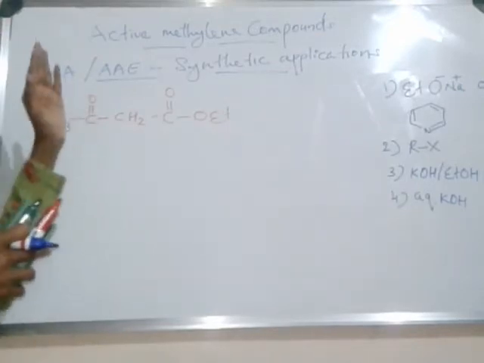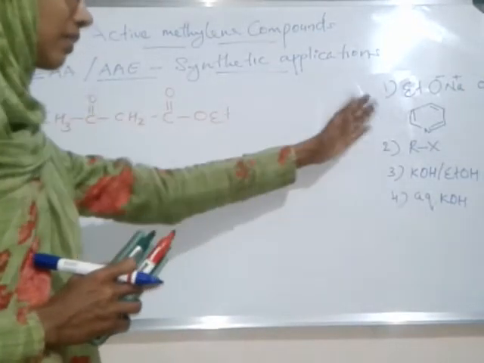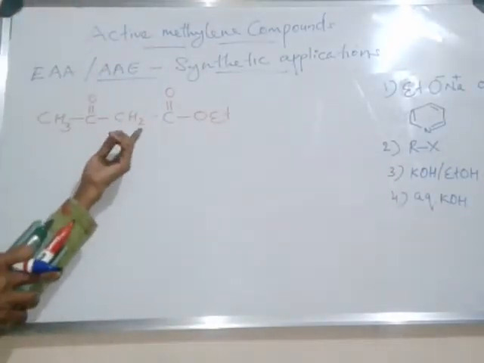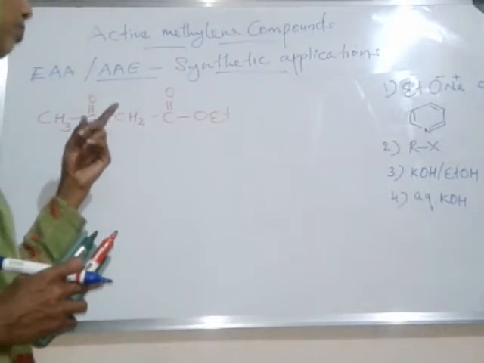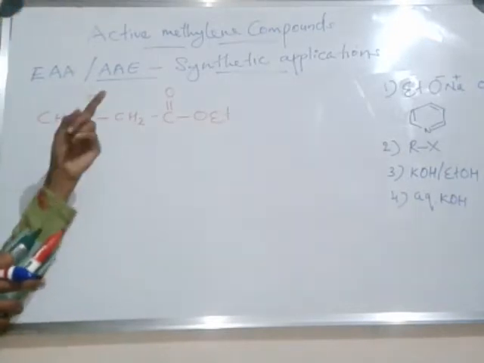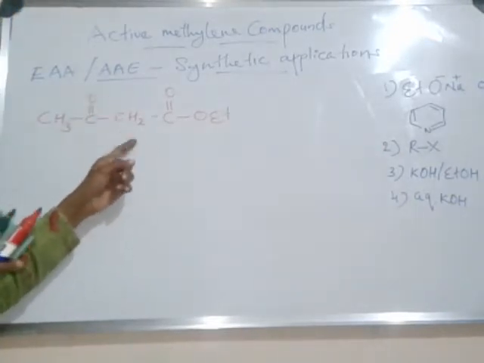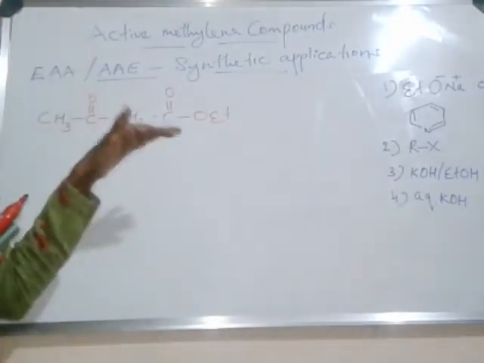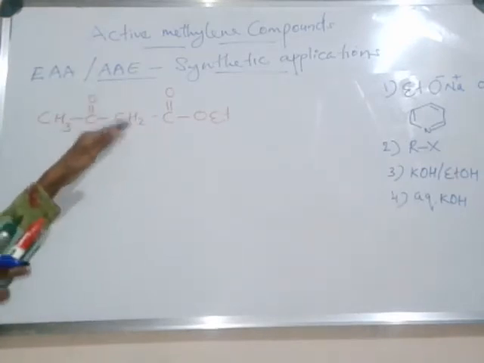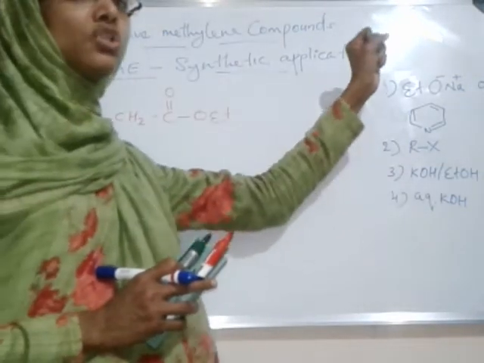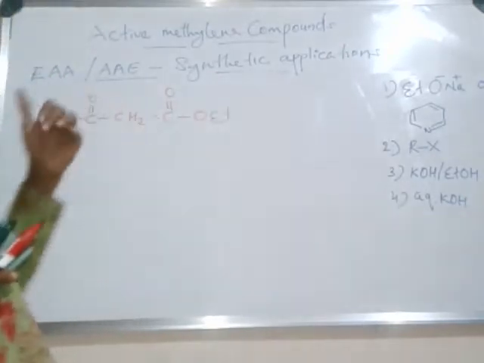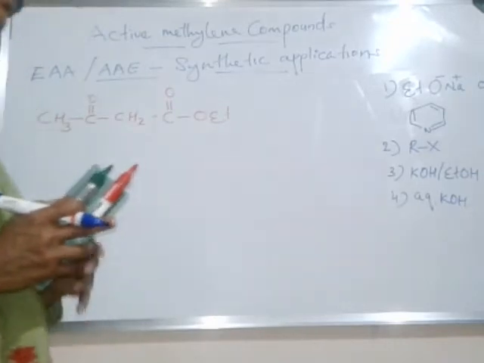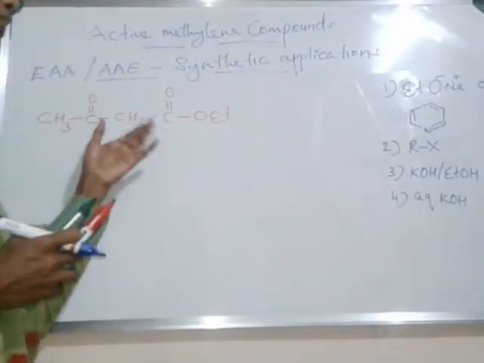So first, in the synthesis of other organic compounds, we have to remove this methylene hydrogen. The first reaction takes place at this methylene carbon, so we have to remove the methylene hydrogen. In order to remove a hydrogen as H plus, an acidic hydrogen, we can use a base which may be either strong or weak, depending on the product that we need or the reagent that we use.